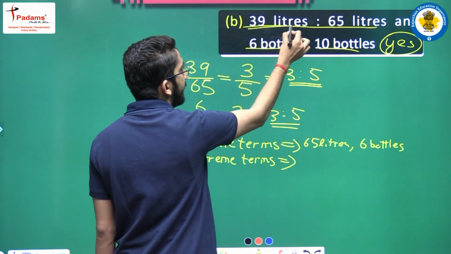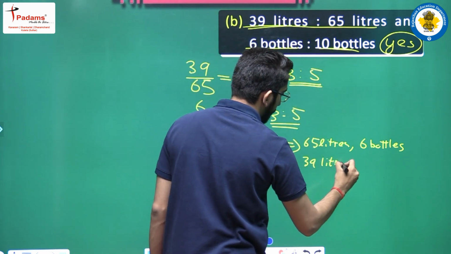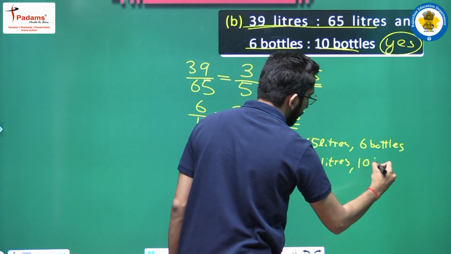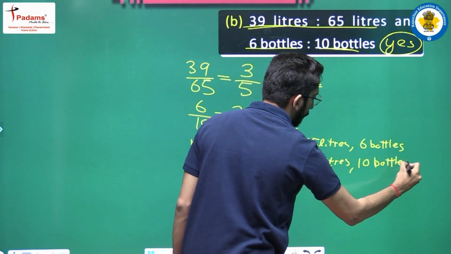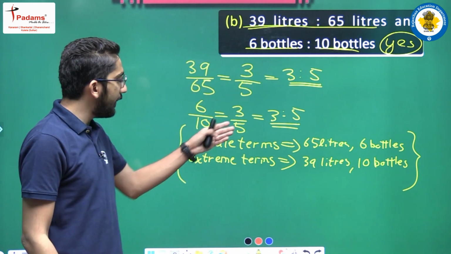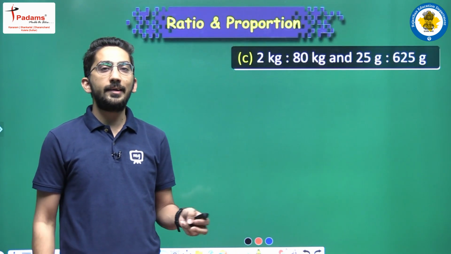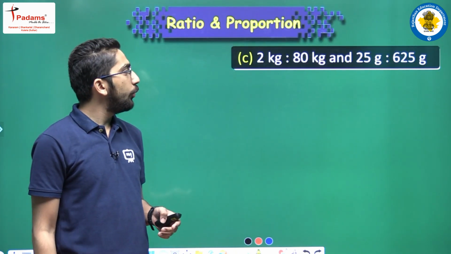Extreme terms will be 39 liters and 10 bottles. So I have also written the middle terms and extreme terms for the given proportion. ठीक है,